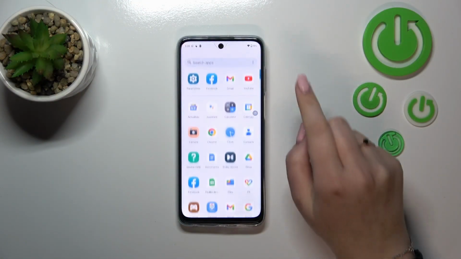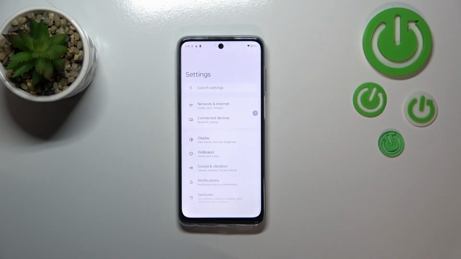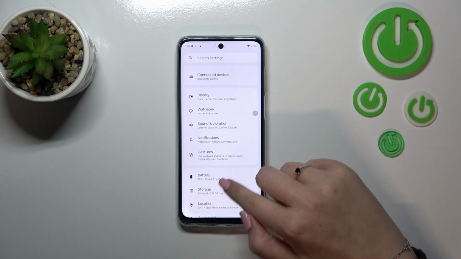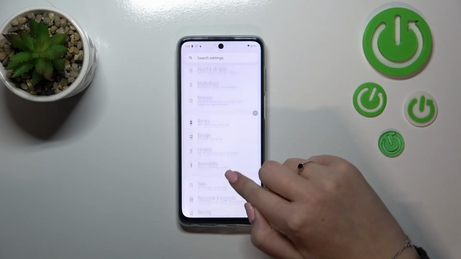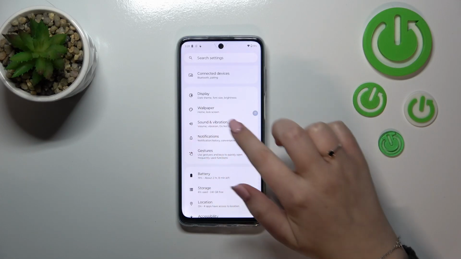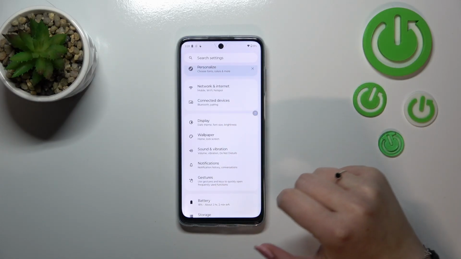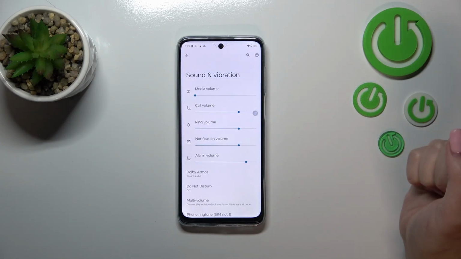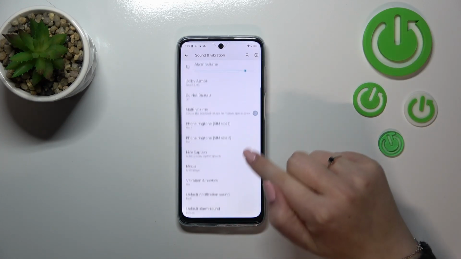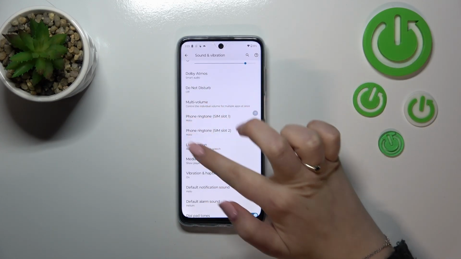So first of all we have to find and open the settings and then scroll down in order to find the sound and vibration, which is, as you can see, not far away from the very top. So let's tap on it, and here we have to scroll down a little bit to find the phone ringtone